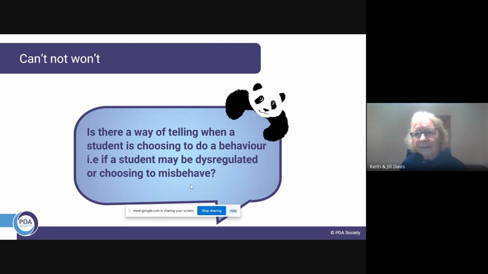But what this means is that the behaviour we're trying to support will remain the same, as the things that are causing it will also remain the same. So we need to identify those hidden needs that drive the behaviours. There can be an expectation on children to change their behaviour. We need to look for the things that we cannot see and what we can change, whether it's environmentally or